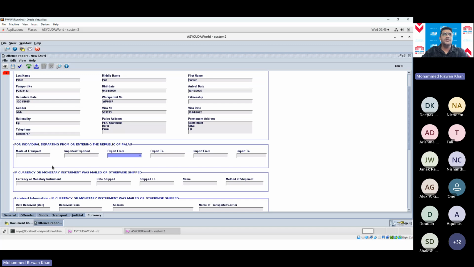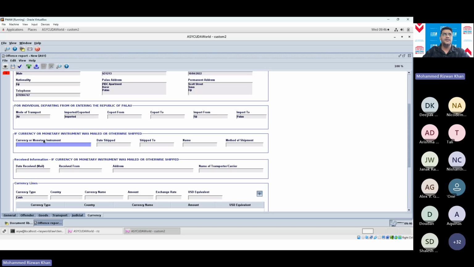This portion here is indicating how the currency is going out or coming in. So through air or sea, let's say air. Here, is it coming in or going out? So imported coming in, exported going out. So let's say imported. So once you select this, the relevant import and export fields become enabled. So importing from, so where it's coming from, let's say Fiji, the final destination was, let's say Palau.